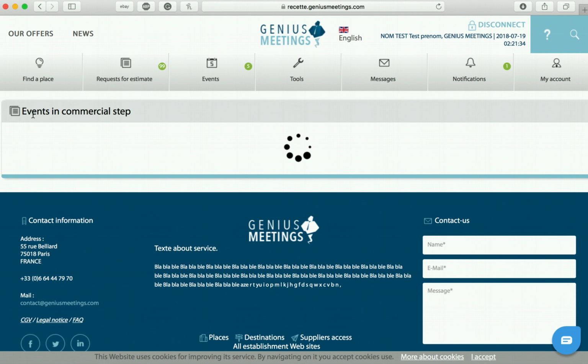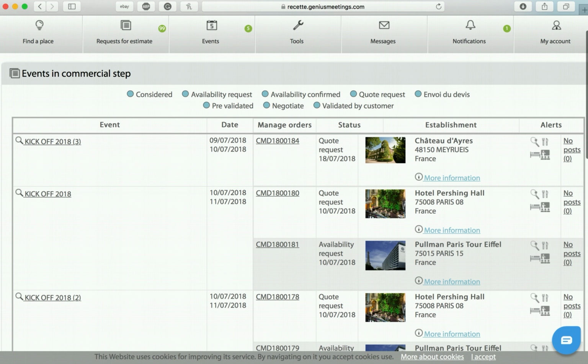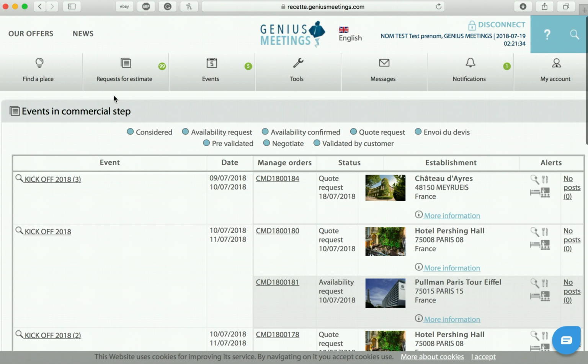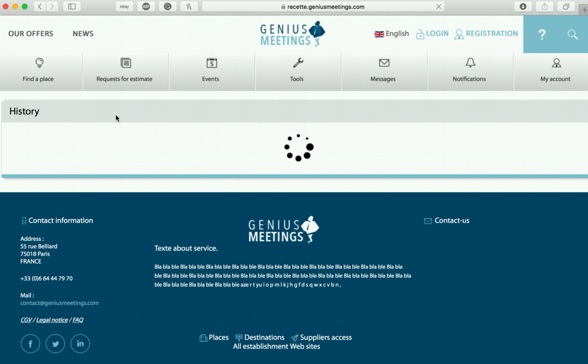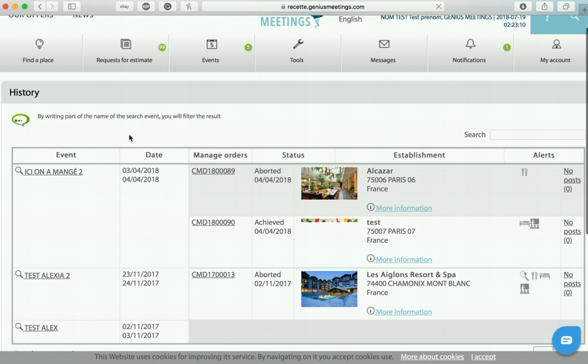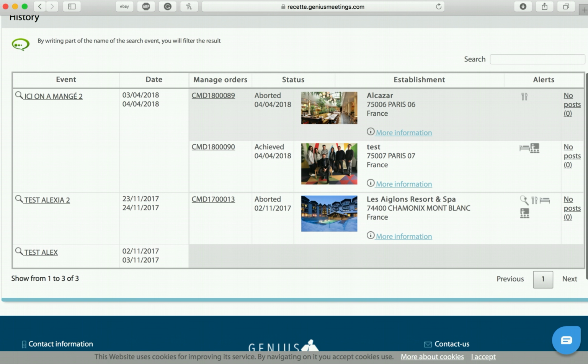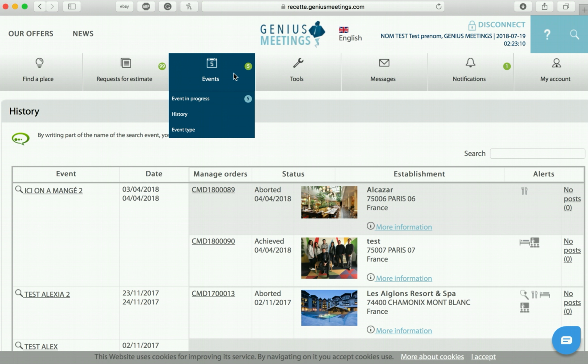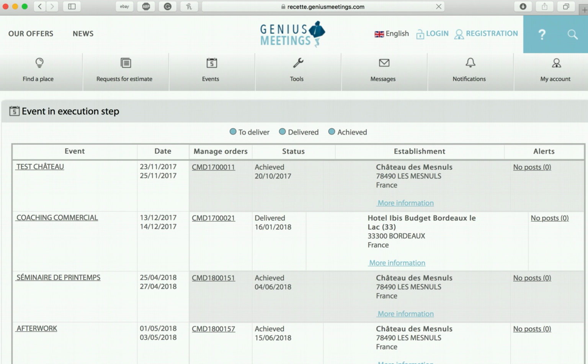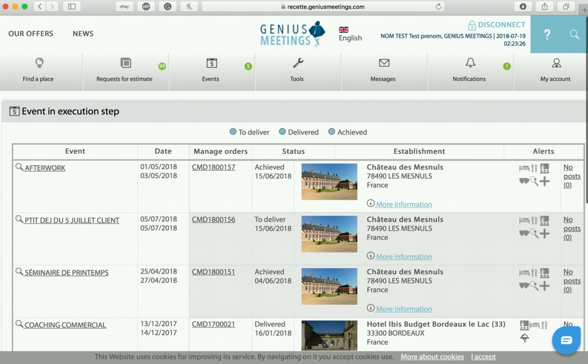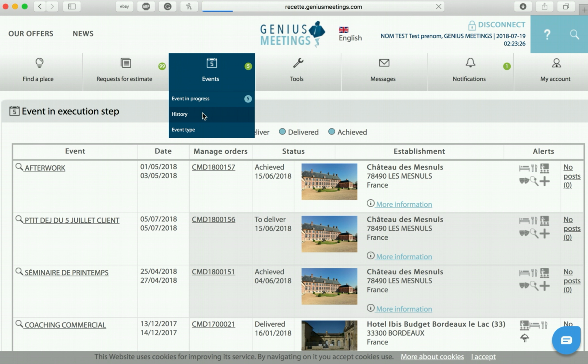So in the events for commercial step, we can see all the events over here. And you can take a look at the history, which shouldn't take as long. Yes. And everything is over here. And we will head over to events in progress. And that's what it is. And then the history,